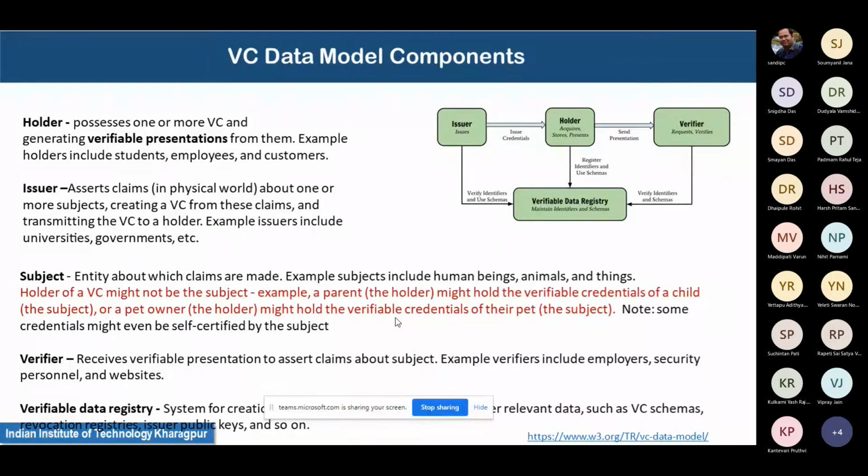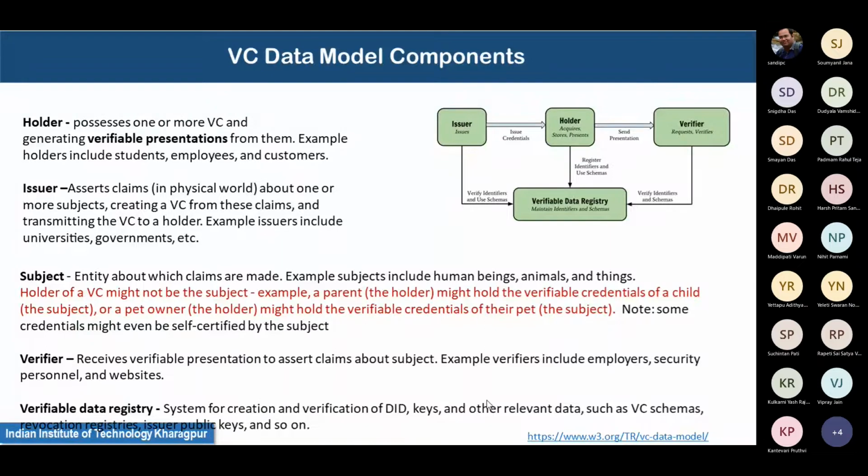Now the verifier. The verifier receives a verifiable presentation to assert claims about the subject. For example, if a student holds this VC, which is the degree certificate and the transcript, and at some point the student applies for a job, the holder is now presenting this VC or part of it, depending on what is required by the employer, and this employer is now acting as the verifier. So as you see,